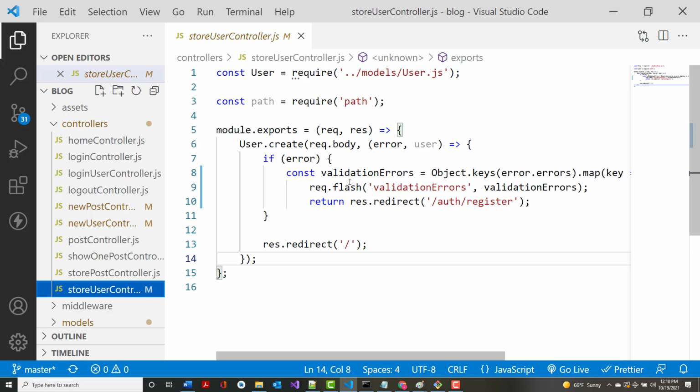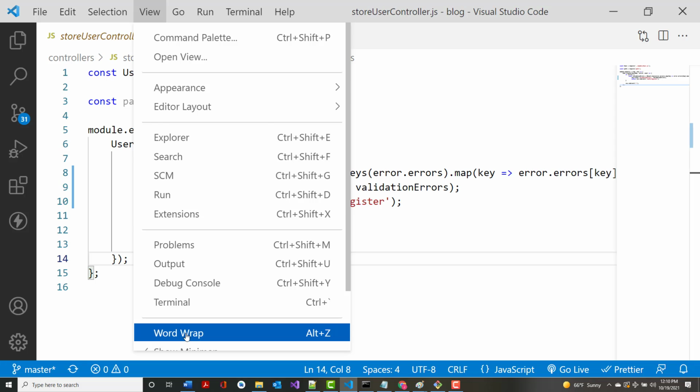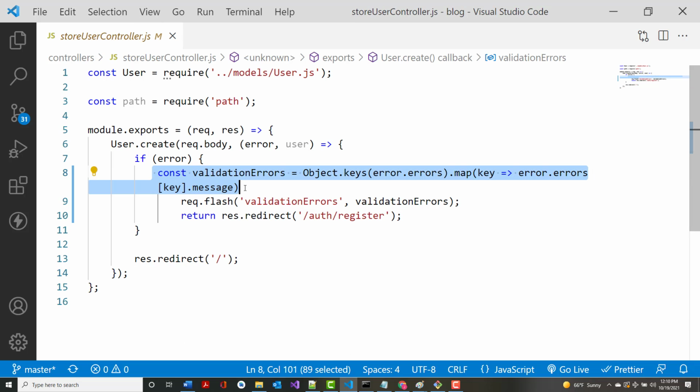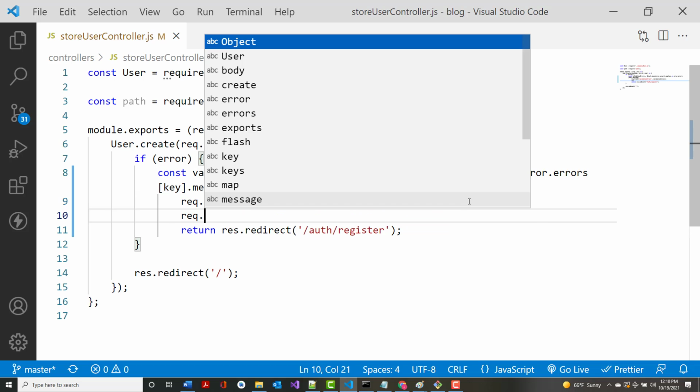All right. So error, const validation errors. Let me get that moved. There we go. I'm going to wrap this. Remember, this is all one line. We talked about that yesterday. That's no big thing. All right. Now, I'm going to come in and I'm going to add one line of code in here. Right now, this line of code is, for lack of better words, handling our errors. But we're going to put in one more line of code right underneath this, which is req.flash